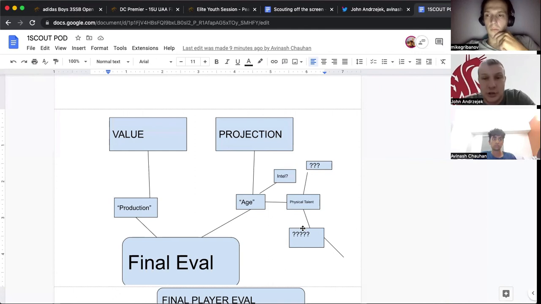I wish in America we sorted things a little more by birth year rather than graduation year, because that's the common paradigm in Europe. Everybody talks about he's an 04 or an 05 or an 03 born. They don't talk about he graduates in 2022 or he graduates in 2023. Right. And why? What's the difference?